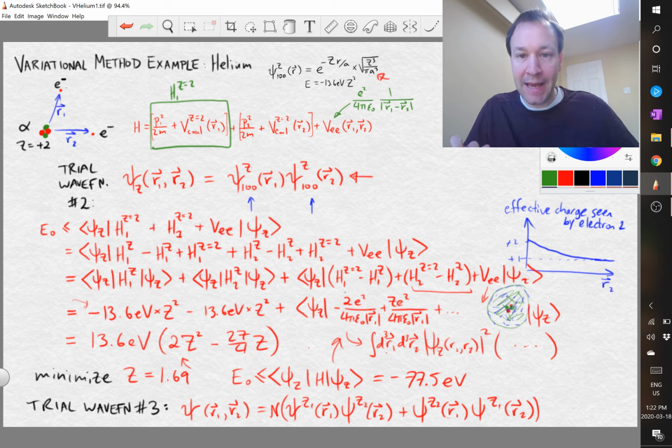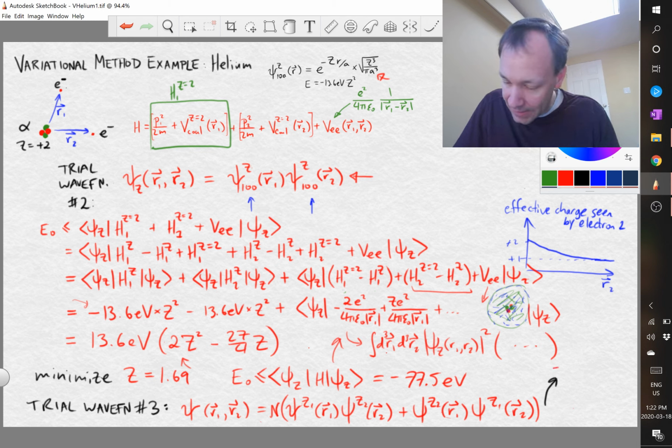Okay, so that's trial wave function number 3. Now this has two different parameters that we can play with, z1 and z2. N is going to be fixed by the normalization. And again, this is going to be an improvement on the last one because it just generalizes the last one. In this case, it's pretty nasty to actually evaluate all the integrals, but it turns out that you can do it, and it ends up giving you minus